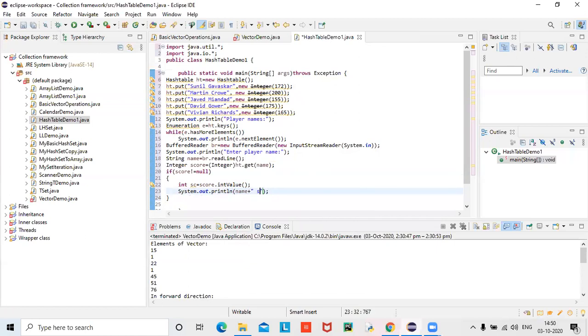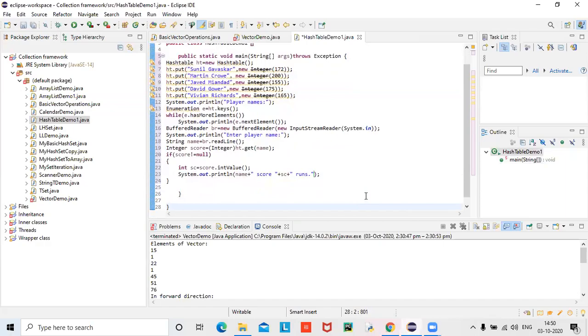I want to write scored. Where are runs present? Integer. SC is integer. Plus I want to type runs. That's it. Done. Okay. Done. Over. Okay. Let us try this one.